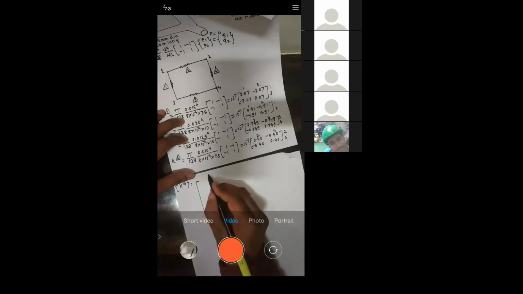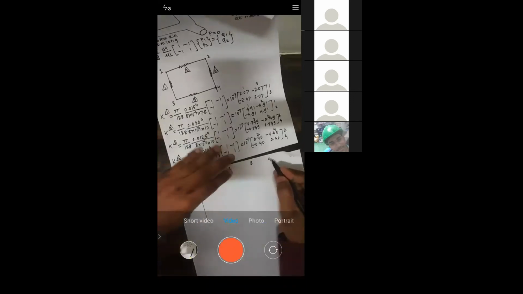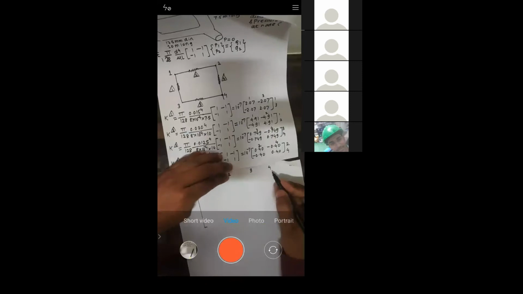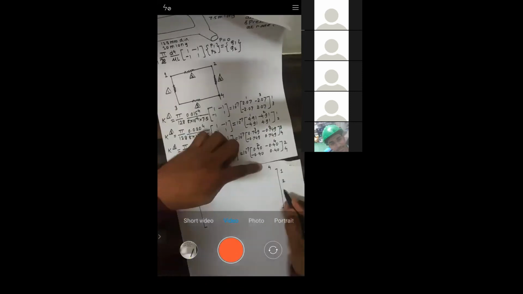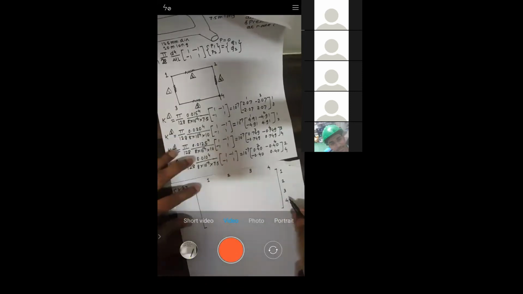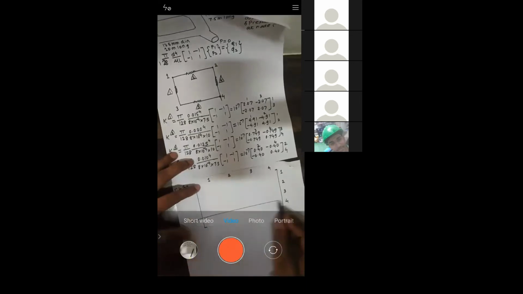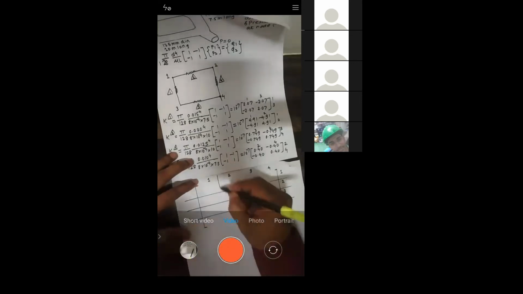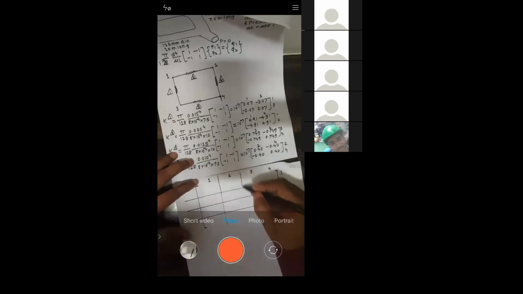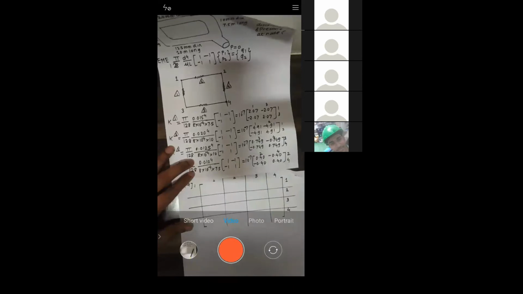What is the size of the global matrix? 4 by 4. Tell me how many nodes are there? 4 nodes. So obviously there are 4 nodes and each node has only 1 degree of freedom, that is pressure. If you want the discharge, there has to be a pressure difference, right?